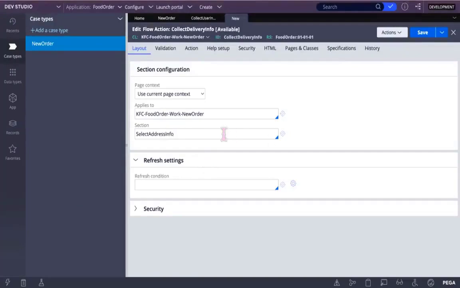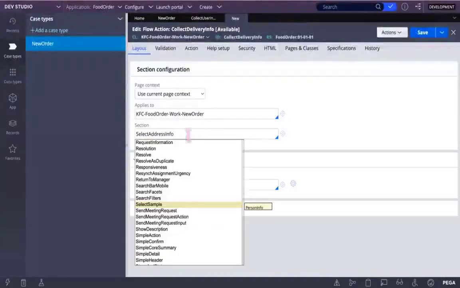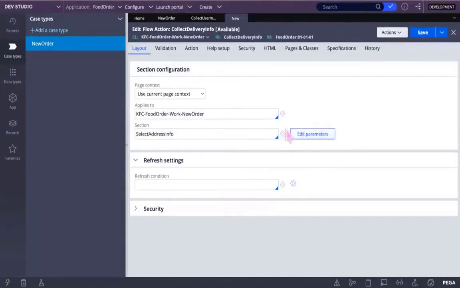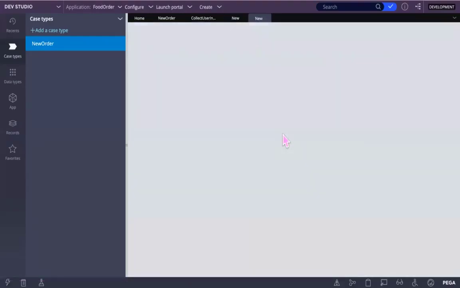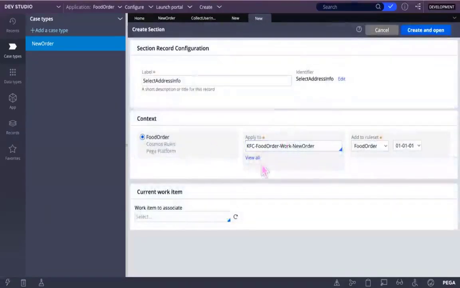You need to create this section also. You are just creating it, it will not come because it is not present. You click on the crosshair icon. It will open that rule. Again you click on create and open.